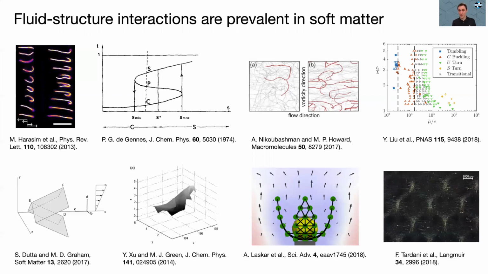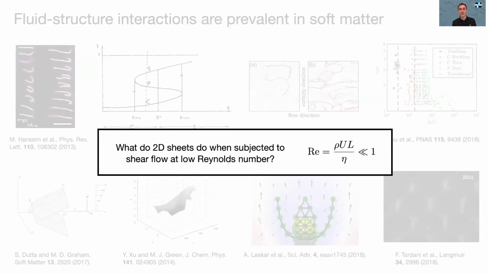Relatively less work, though, has focused on the behavior of sheets in fluids, at least at low Reynolds number, despite the increasing prevalence of 2D materials such as graphene, transition metal dichalcogenides, nanoplatelets, and all of the associated solution processing methods to disperse these materials in fluids. So the question we sought to address in this work is the following. What do 2D sheets do when subjected to shear flow at low Reynolds number,